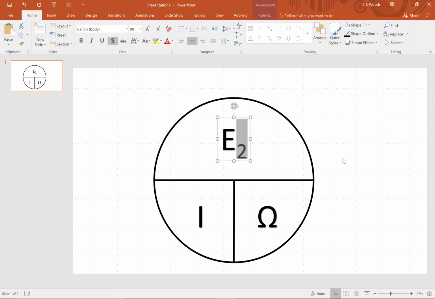Another way to do that is to hold the control button and hit the plus button, or am I doing that wrong? Is it control shift? There we go. Control shift plus will raise it up. If I do that again, it'll make it normal. If I go control shift, or no, control, I forgot what the keyboard shortcut is for subscript. Anyways,